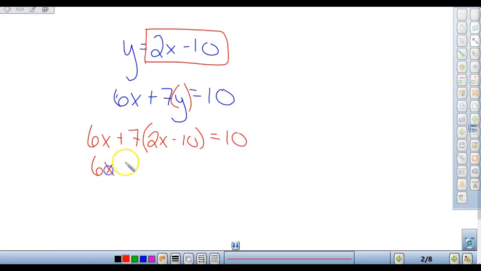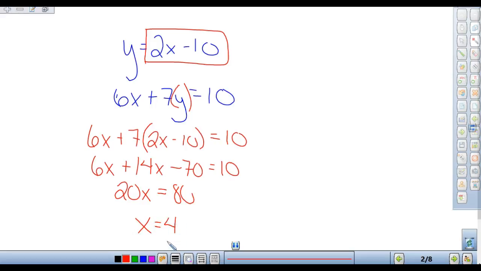So I have 6x plus 14x minus 70 equals 10. Combine our x's, I get 20x equals 80. Yep, because we're going to add our 70 over there. Then what? Divide by 20, x is